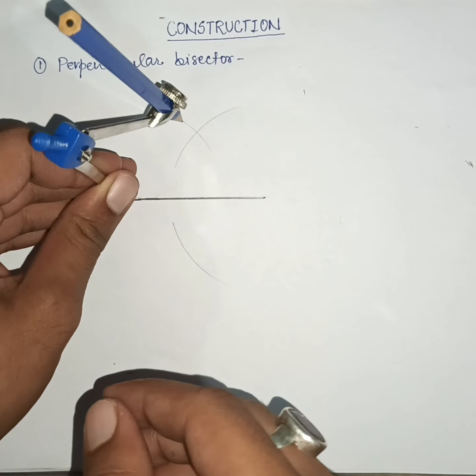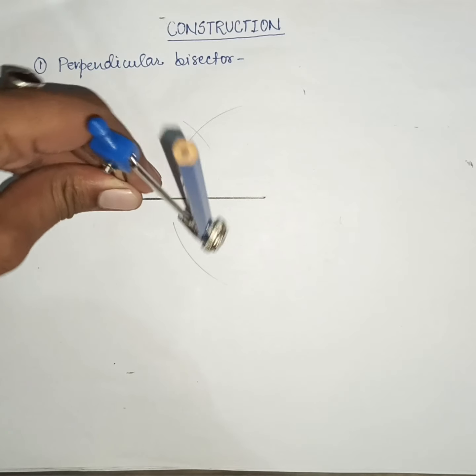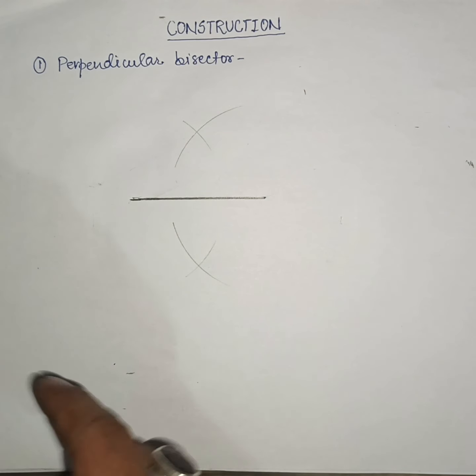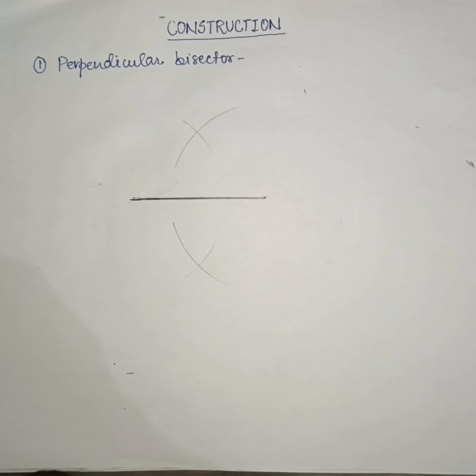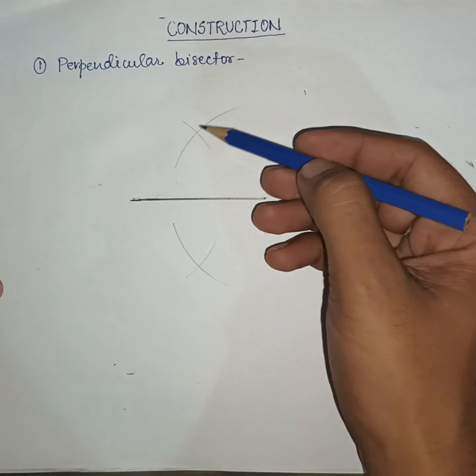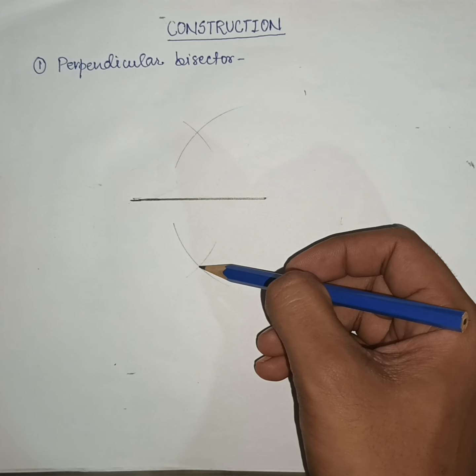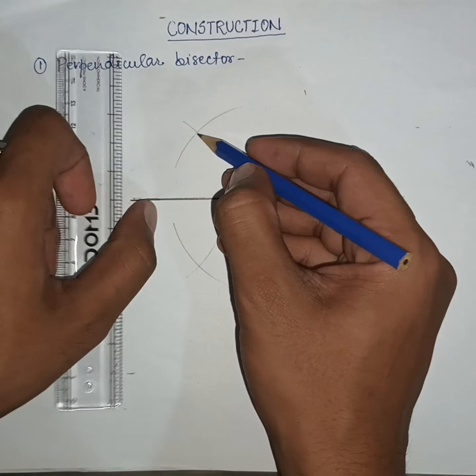Now here again from the second end we are doing the same thing. And students, we have got two intersecting points. One is this one, above the line segment, and one is this one, below the line segment. Students, when we join it,